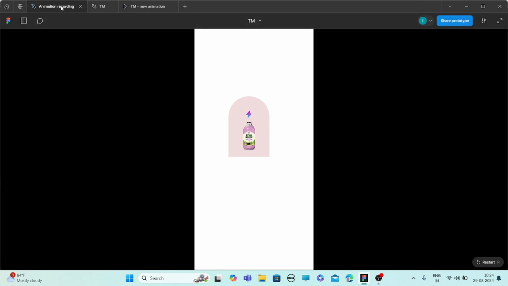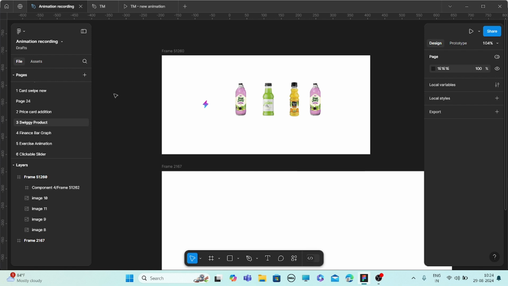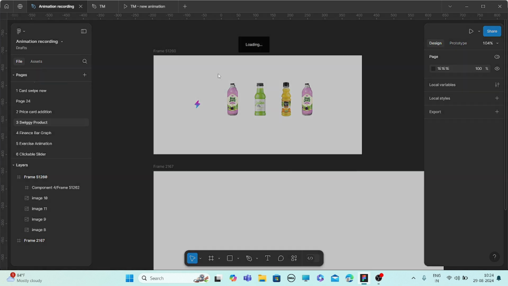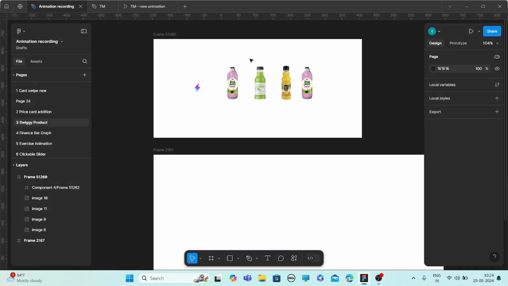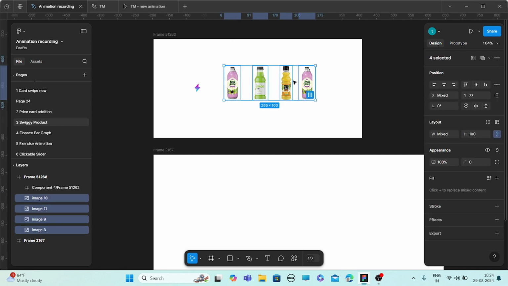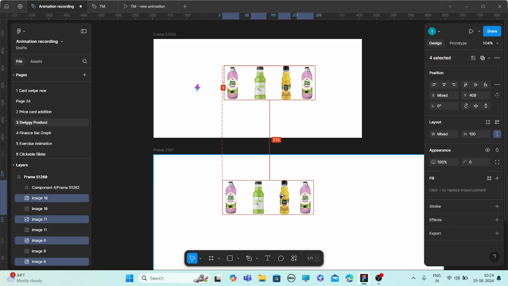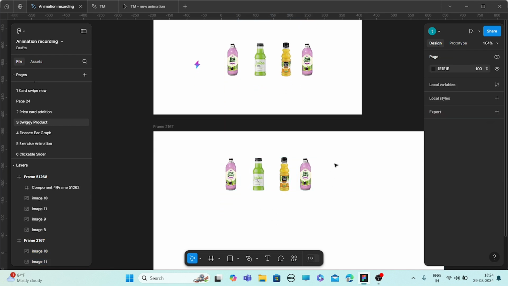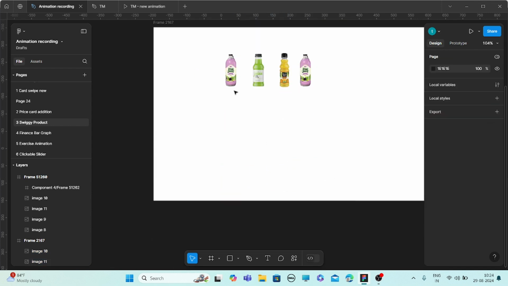Now, the Figma file. I have already taken the images of these juice bottles. I'll copy this. The most important thing here is that you have to take the first and the last picture the same. You will get to know why as we proceed.